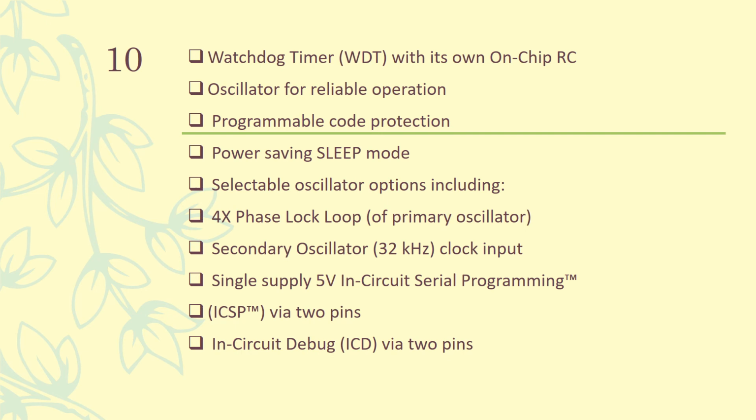Watchdog timer is there, that is also set enabled or disabled. That decision is taken as and when required. Then its own on-chip RC oscillator is there for reliable operation, programmable code protection, power saving sleep mode. Selectable oscillator options include 4x phase lock loop, that is PLL, of the primary oscillator, and secondary oscillator 32 kilohertz